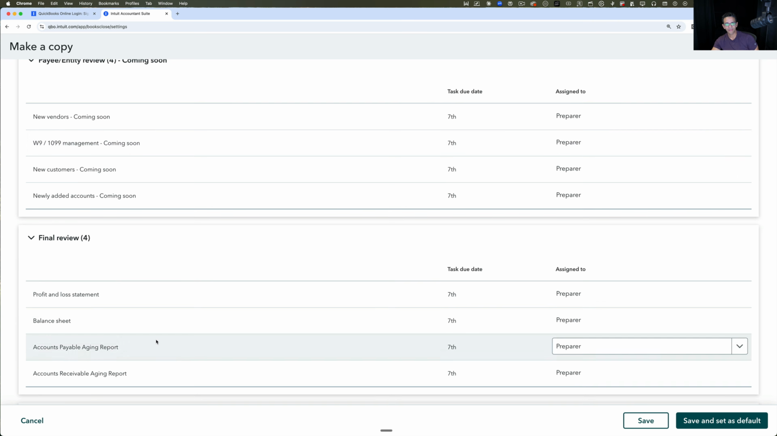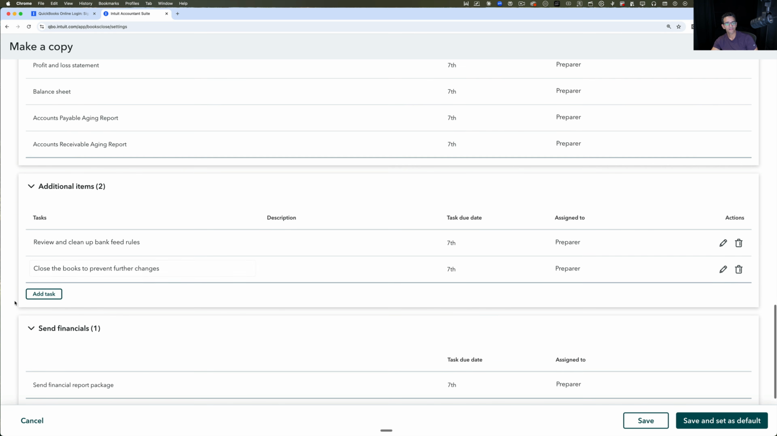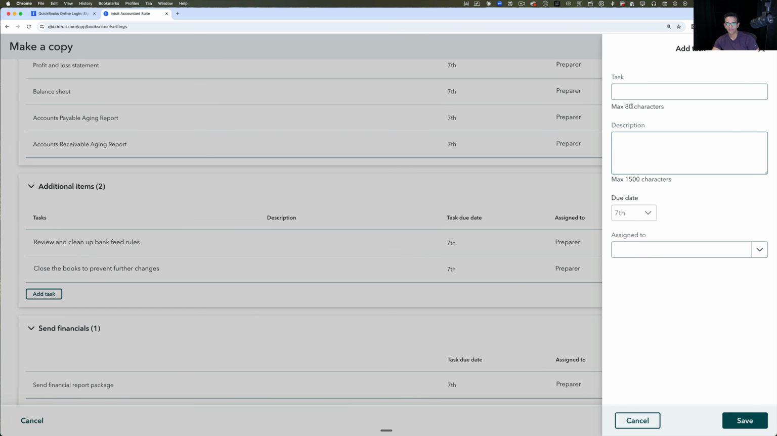These can be edited, so they're just there by default. You just get to pick who they're assigned to. And then there's another open area where you can add your own tasks. So I can go to add task, and we can go